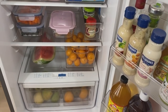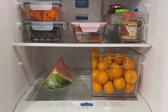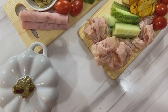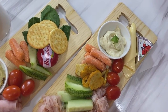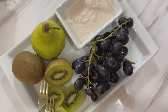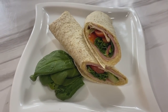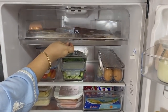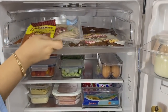It was important to me to set this refrigerator up in a way that we could have healthy options ready for anyone to grab on the go. We still have our breakfast things here, but I made it a point to stock cleaner food as well as lots of things for quick afternoon snacks or even a guilt-free midnight snack. Now, my first tip here is to focus on fresh produce. If you have a variety of beautiful colors in your fruits and your vegetables, well, you're probably on the right